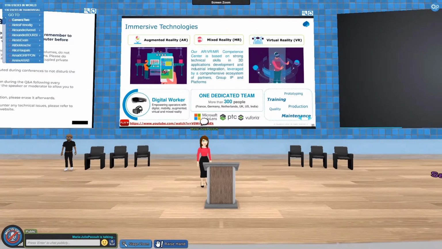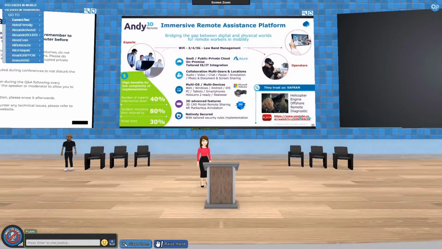We have a big partnership with Microsoft. We are in the village if you want to come, and we have another conference this afternoon with a HoloLens 2 demonstration. We also have a big collaboration with PTC, that we have seen before, because we work on other subjects with them, on PLM and so on, and it's in the continuity to work on this subject with IoT or augmented reality. Next. So the product